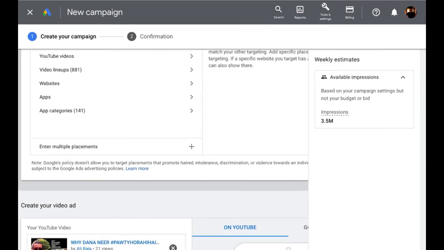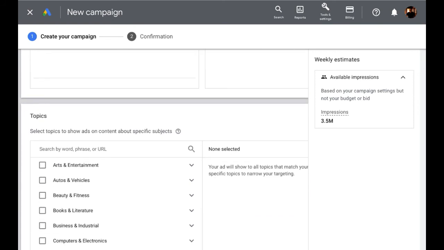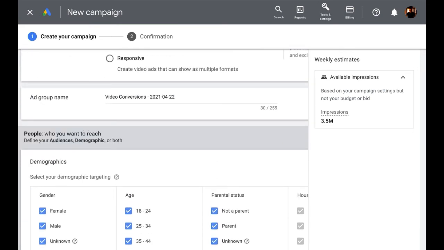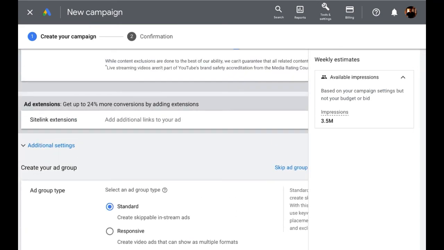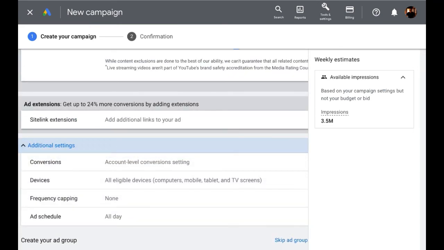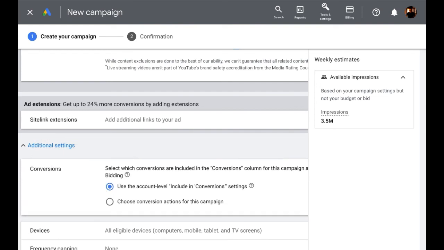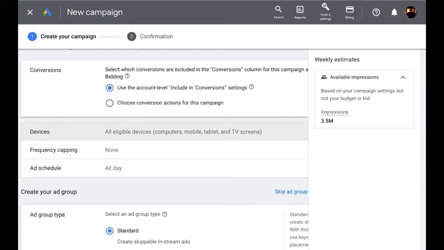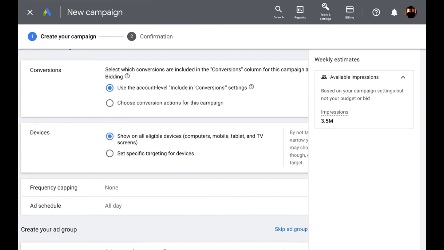There's one more thing that I want you guys to know before I forget. That's really important. I haven't covered that. And additional settings is very important. You set up your conversion. I'm not going to be covering how to set up a conversion pixel, but you select the conversion pixel as you want it to be. Yeah, this is the very important area.